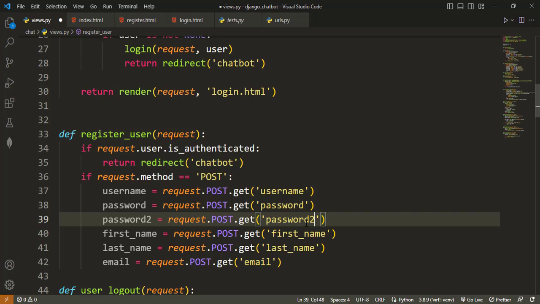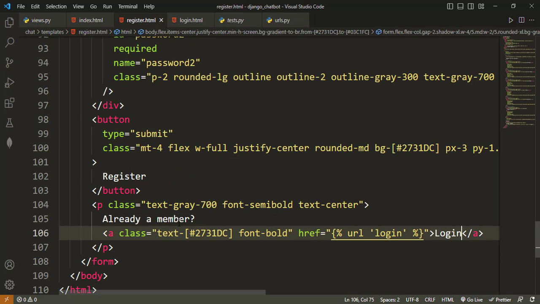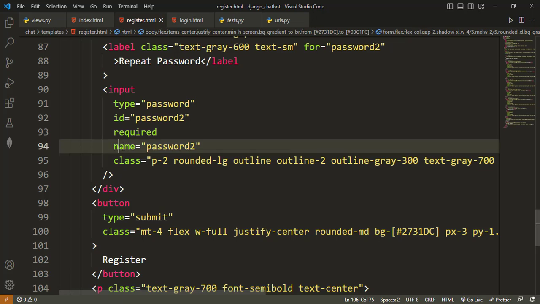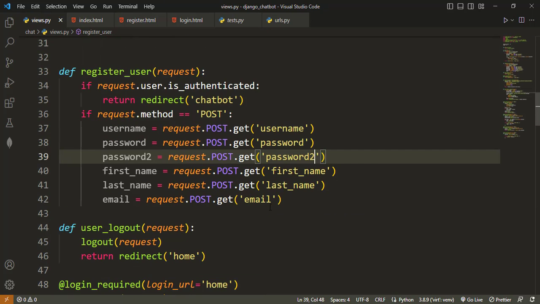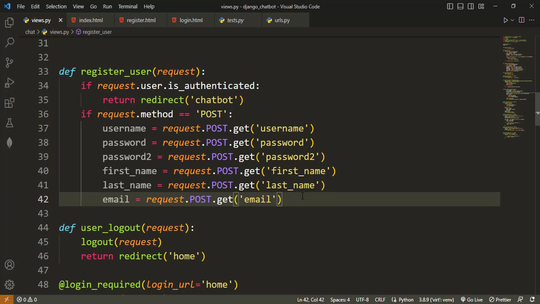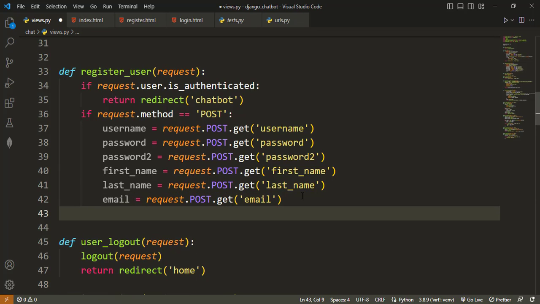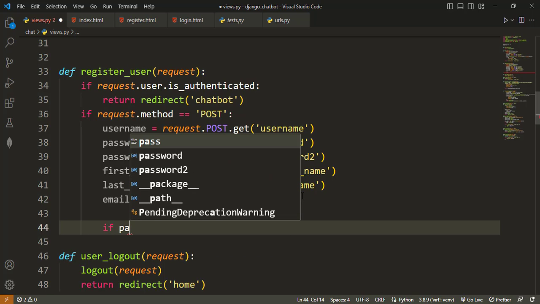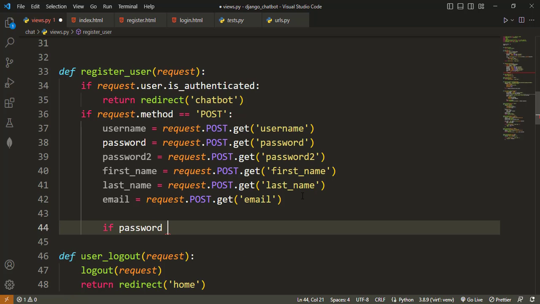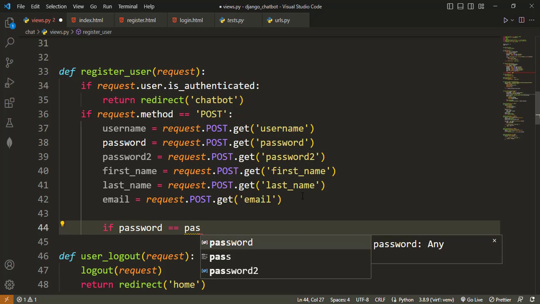And we are only able to get them here because inside the register, there's a name for each of them that links to what we have typed here. Django gets it by name. I think we have gotten everything that we need: the username, password, first name, last name, yes. So now if password is equal to password2,